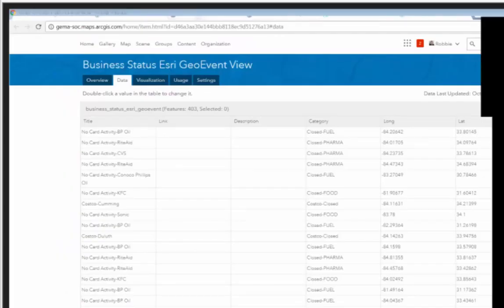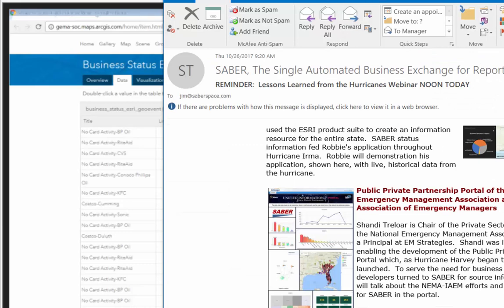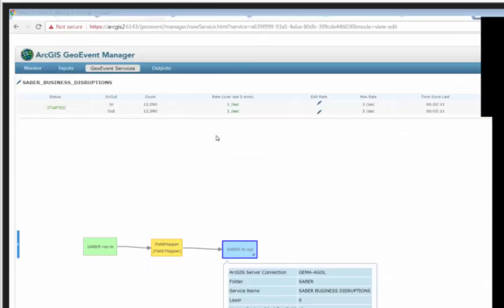So as I said, we basically start by creating an empty feature service in ArcGIS Online. And as you can see here, we've got just a couple fields set up to ingest that data. So once we have our empty feature service set up to accept the data from the RSS feed, we hop